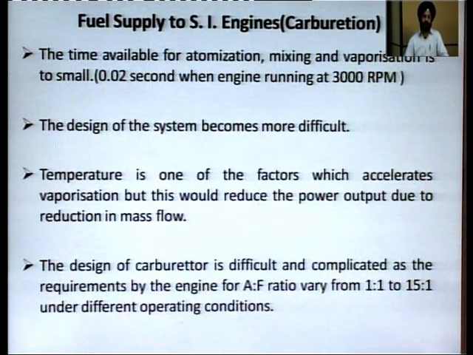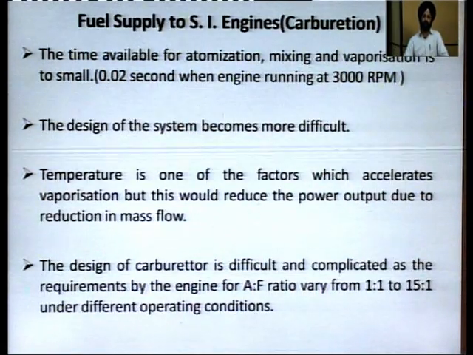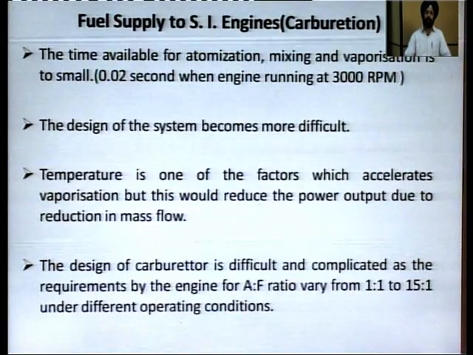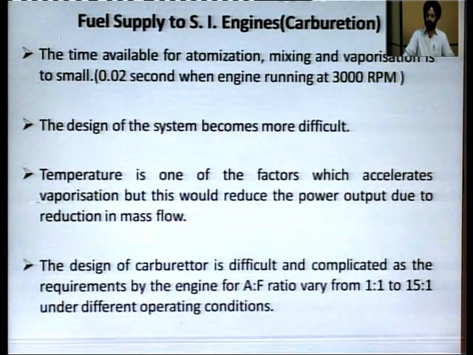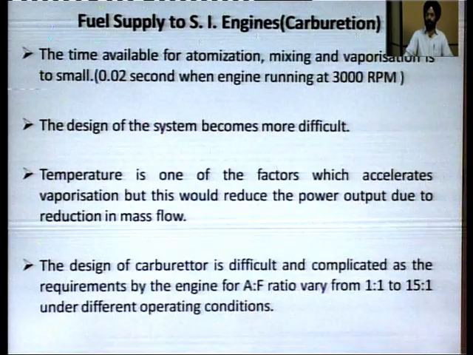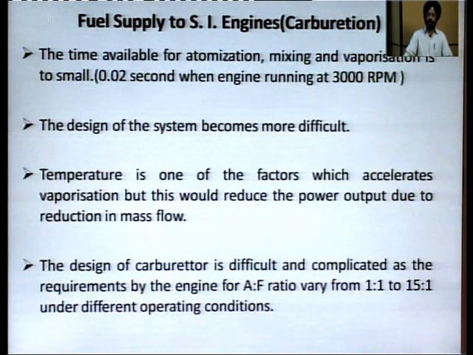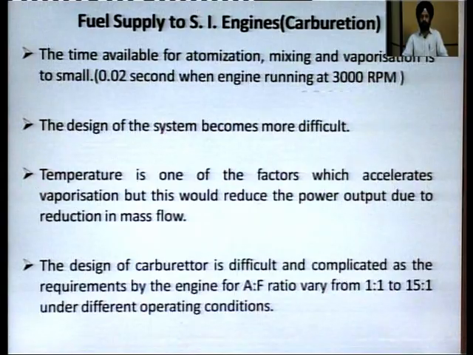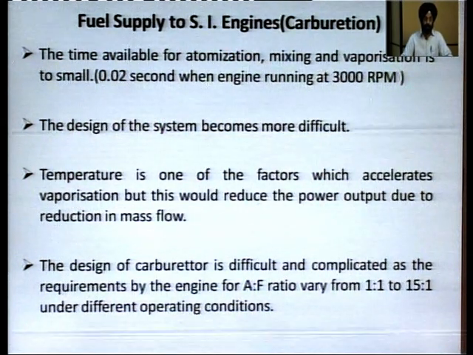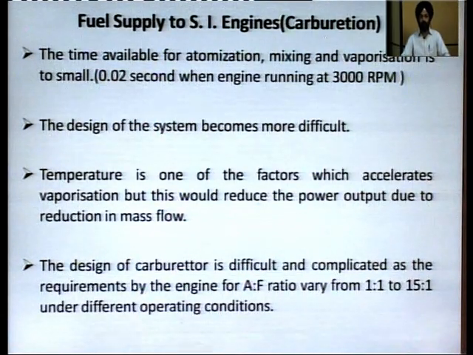It starts from 0 rpm, then it can reach up to 3000 rpm, 5000 rpm as the design is, and it may not continue to run at one constant speed. There may be variable speeds, variable loads. So depending upon the air fuel ratio, the mass of air and mass of fuel ratio will be from 1:1 to 15 or 19:1 under different conditions. The air fuel ratio may be from 1:1 up to 19:1,